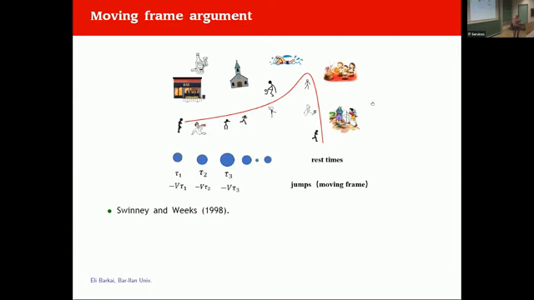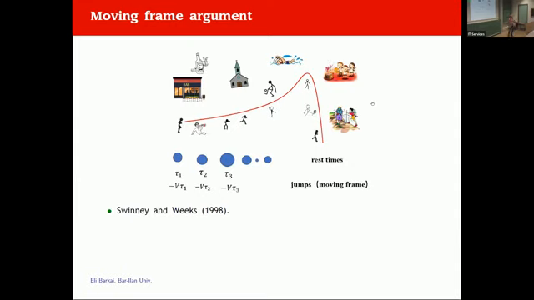Now let's go in our mind to a reference frame that is moving with the velocity of the packet. So now you are moving. What will happen to these rest times? If you are moving and the particle is staying, you see the particle as if it's jumping like a Levy flight. Because when you go to the moving reference frame, those particles that are resting are moving like a Levy